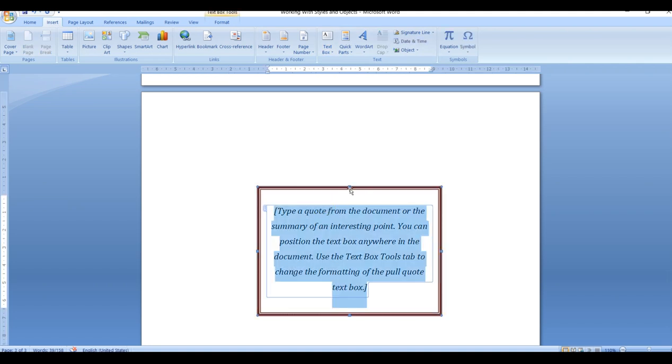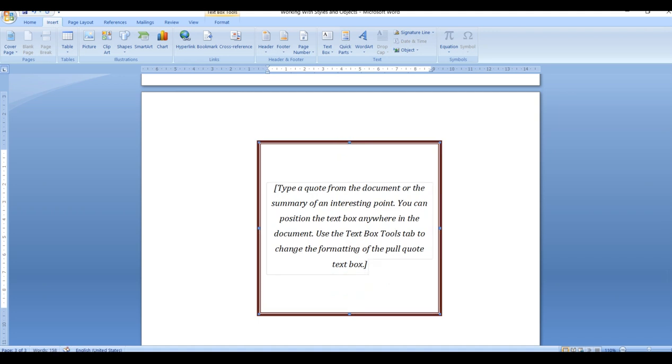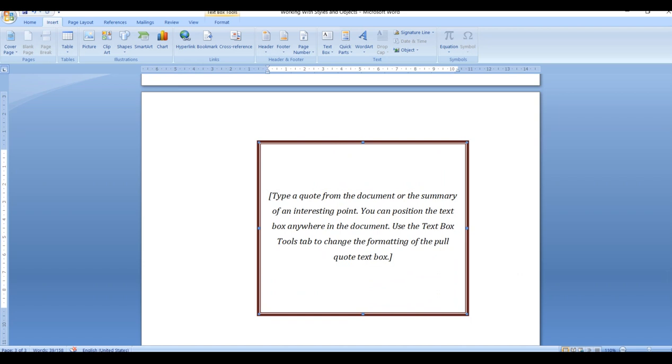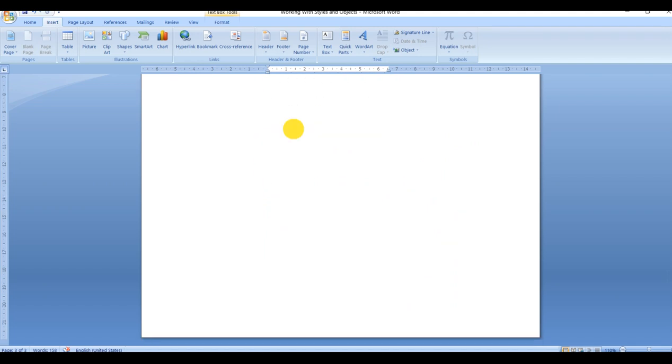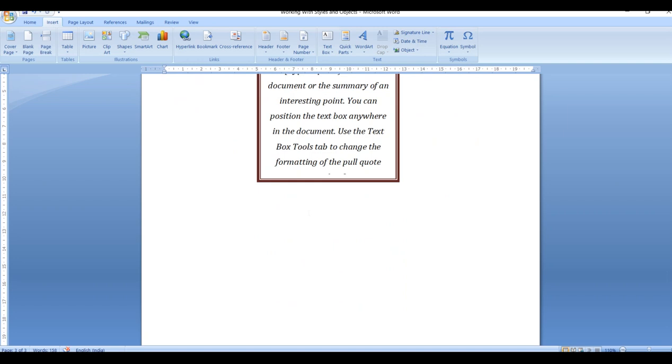Now suppose you want to increase the size of this text box. Just click the edges of it and drag with the help of a mouse. Then that text box size will increase. Suppose you want to decrease it. So how will you decrease? Go to the edges and drag inside the box. The size will get decreased. Okay. Now this is there. Now working with shapes. So now suppose I want to work with the shapes.